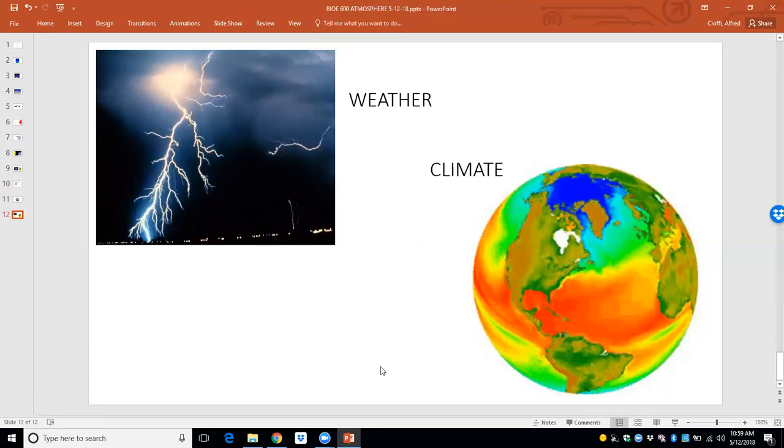Climate is different because climate is long-term, typically measured in thousands of years or even millions of years. Okay, and that's climate. So when we talk, one thing is to talk about weather change. Weather changes every day. Climate change is a different story because climate change is long-term, minimally thousands of years, and typically hundreds of thousands or millions of years. So it follows geologic time scale.